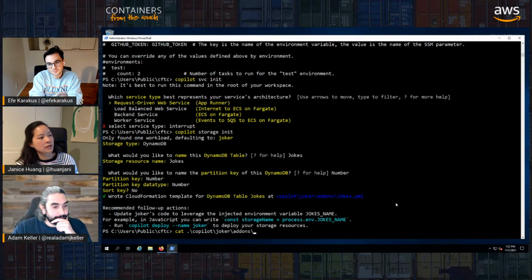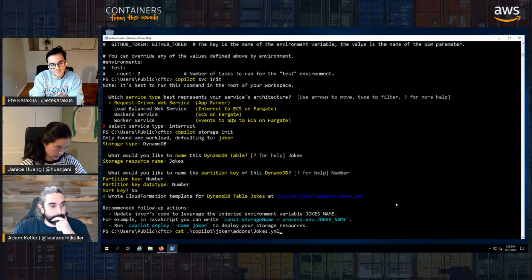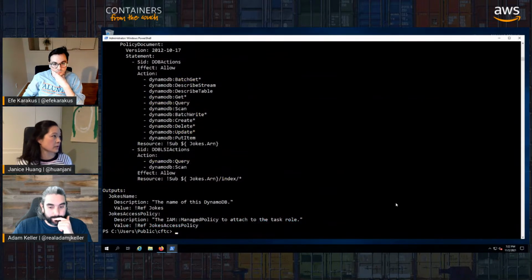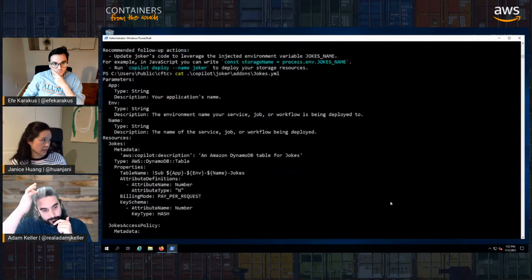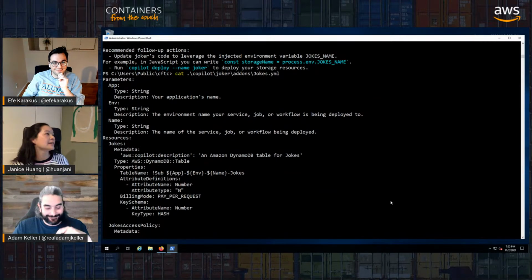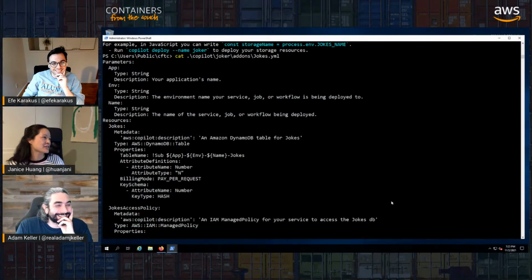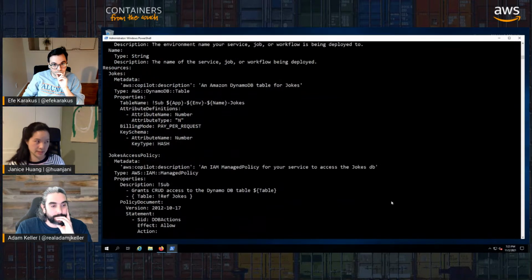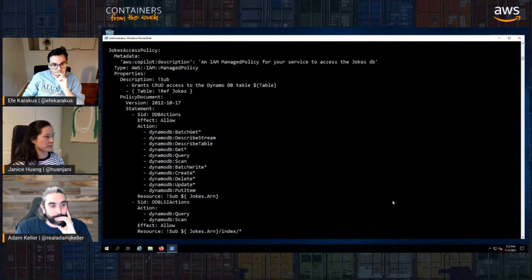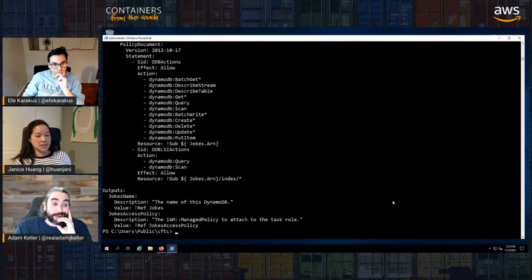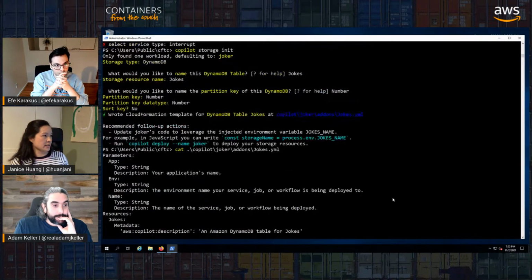So we now have an add-ons subdirectory under the workload name. This is what the CloudFormation template looks like. Aren't you glad you didn't have to write it yourself? Exactly. This basically does all the things that we need to happen for this DynamoDB table. So after we did a storage init, it gave us our